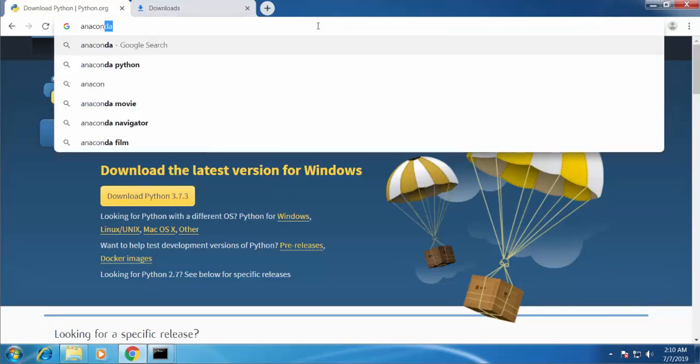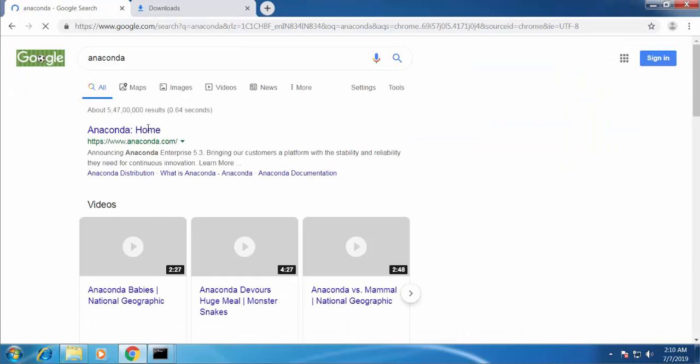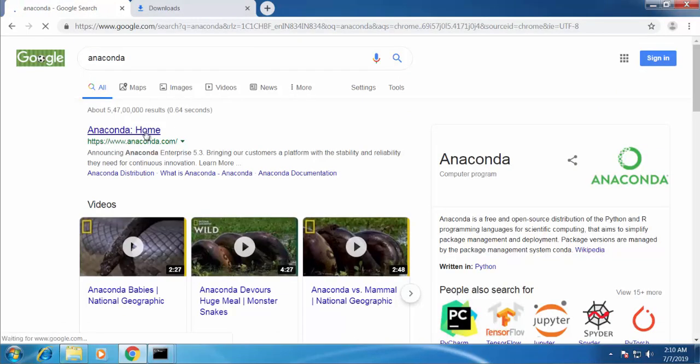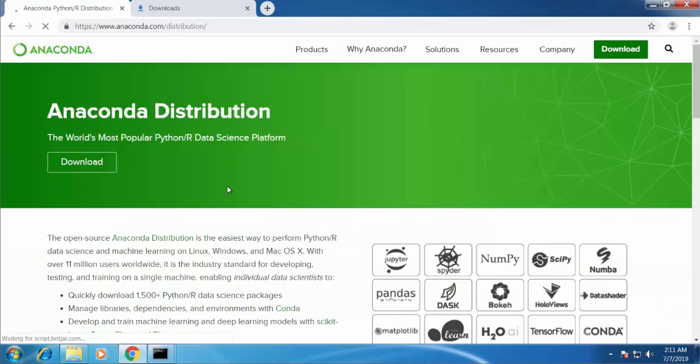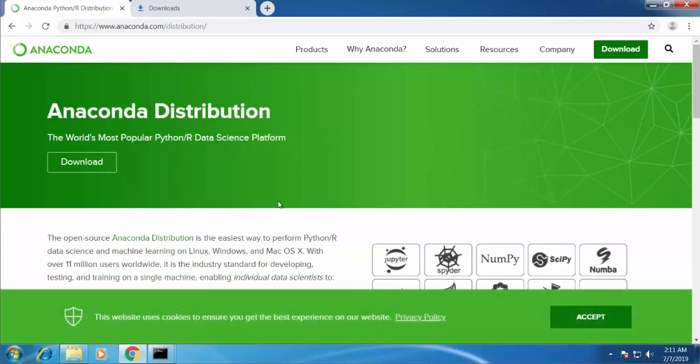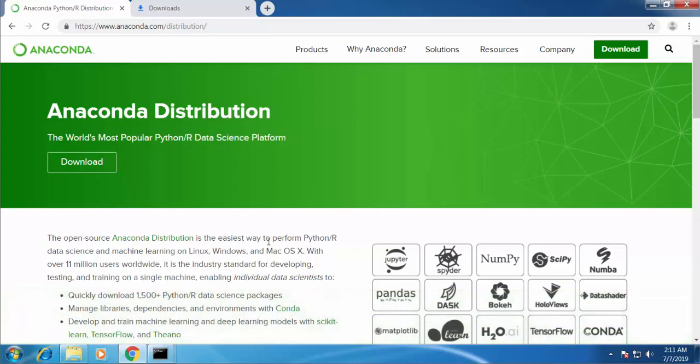Sorry, now we'll go for the Anaconda. So basically when we have to install Jupyter, we have to log into the website which is Anaconda, and this is the site which basically distributes the Jupyter notebook. So here, if you see Jupyter, your Spyder, your numpy, your pandas, all will be taken care of in one